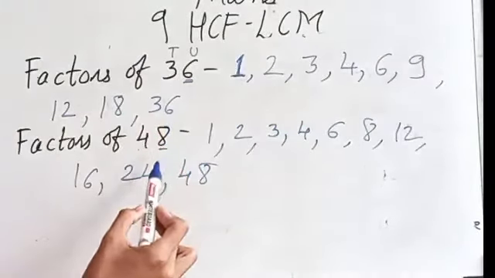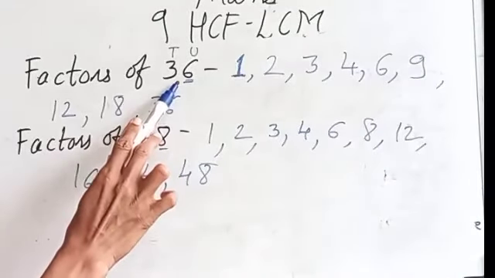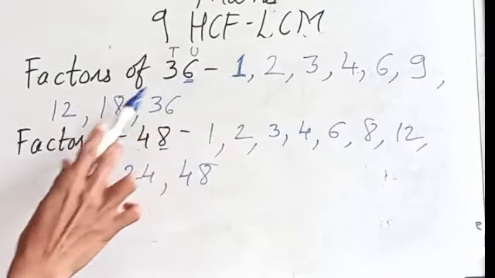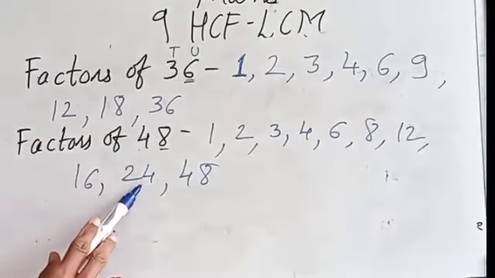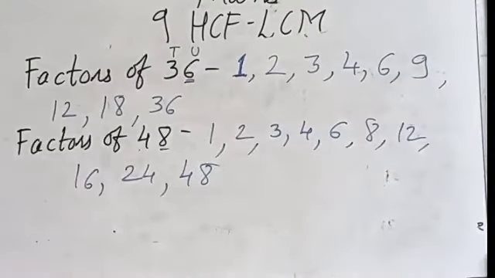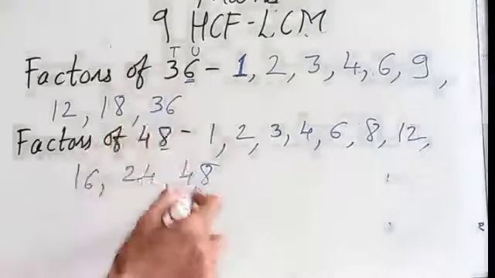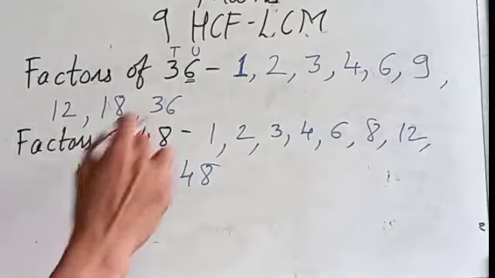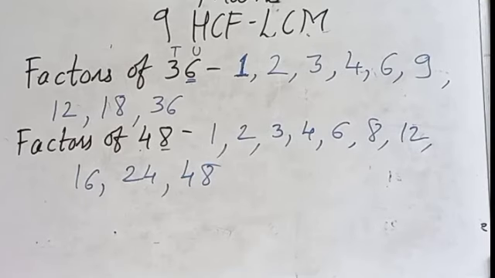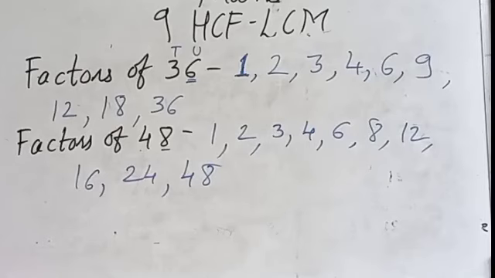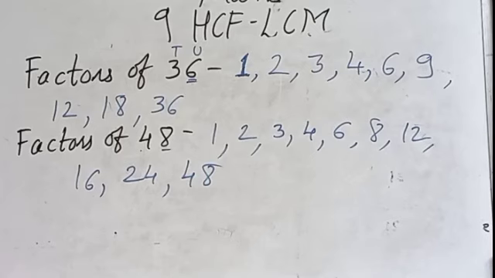So in the case of even numbers, what happens? Do the half of that number, means 36 divided by 2, 18. So that number also will be a factor. 48 divided by 2, 24. So 24 also will be a factor of 48. And that number itself comes at the last. So among this list, if you forget any number, then your marks will go. So you have to note down all the factors very clearly. So in this way, you have to write these factors in your notebook. And after that, I will teach how to find the HCF.